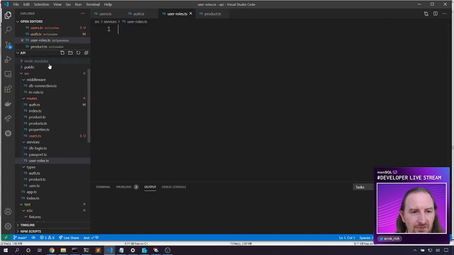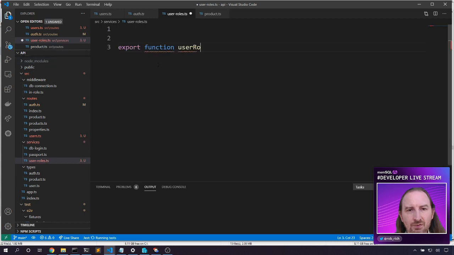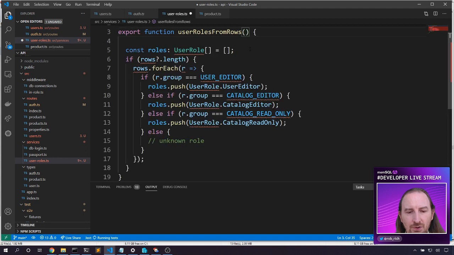That works. Export function user roles from rows. And we're going to do all of this part. So we do need a list of rows. And this will be